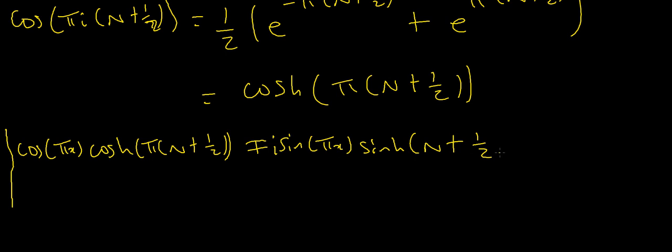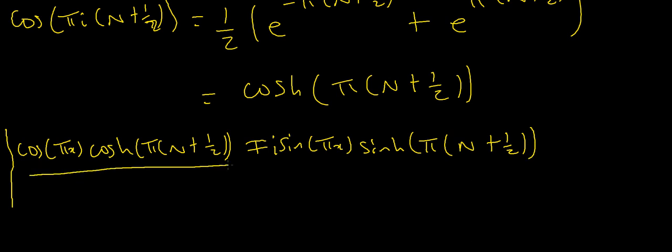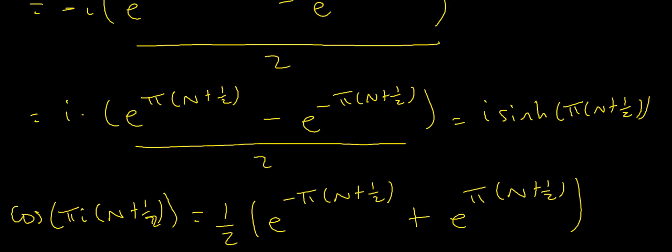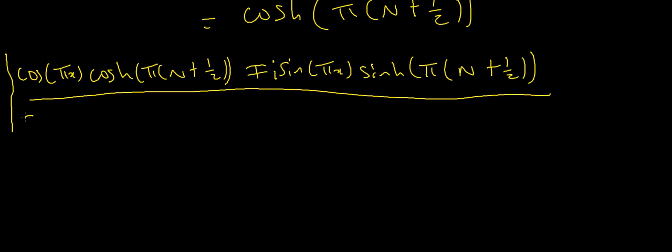Now let's just write this out a bit better than that. So sinh of pi times n plus a half, and that's all going to be divided by some other stuff which I have here, sine pi x cosh of pi times n plus a half,